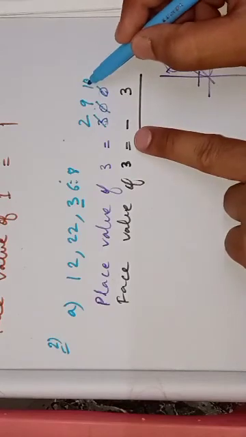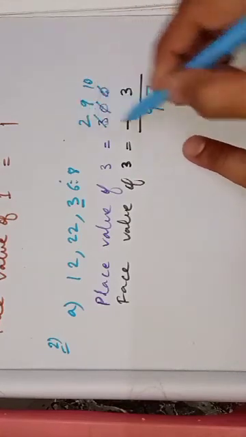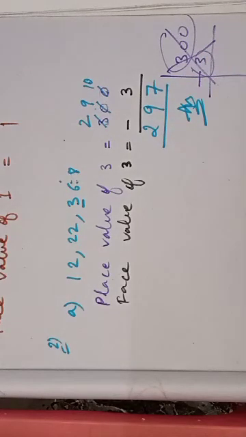Now you can subtract. So 10 minus 3 is 7. 9 will be copied, and 2 will be copied as it is. So this is the answer. I hope you understood. So first watch these videos carefully, and inshallah you will get everything. I will tell you what to do in the classwork next.